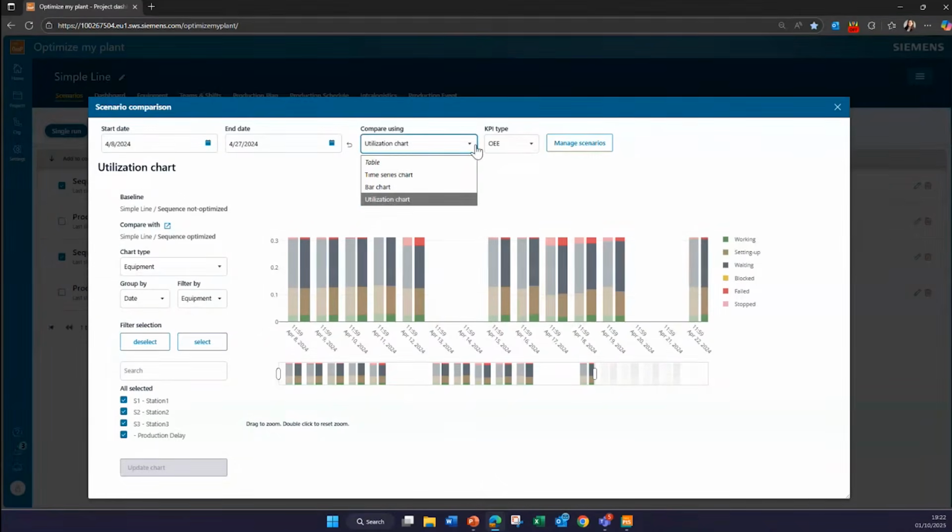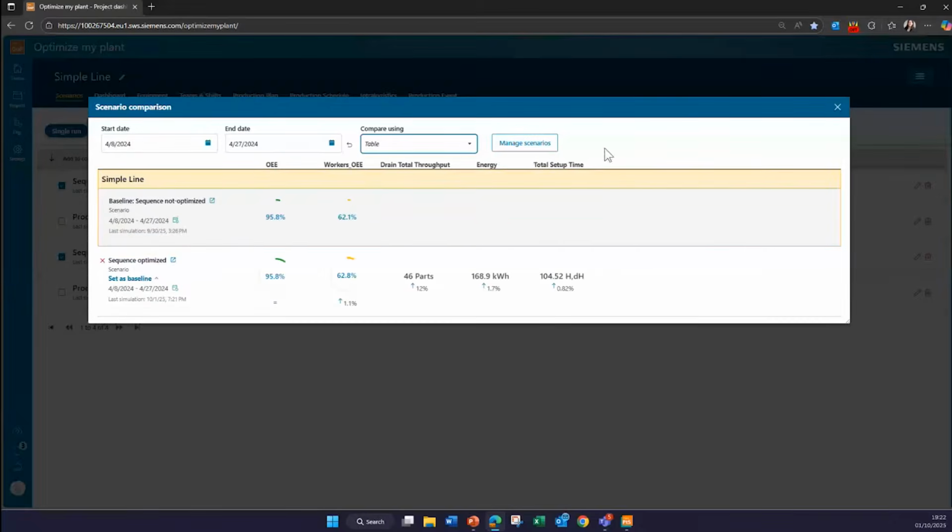If I go to my table, I can see that I managed to increase my total throughput by optimizing the setup time using the genetic algorithm.